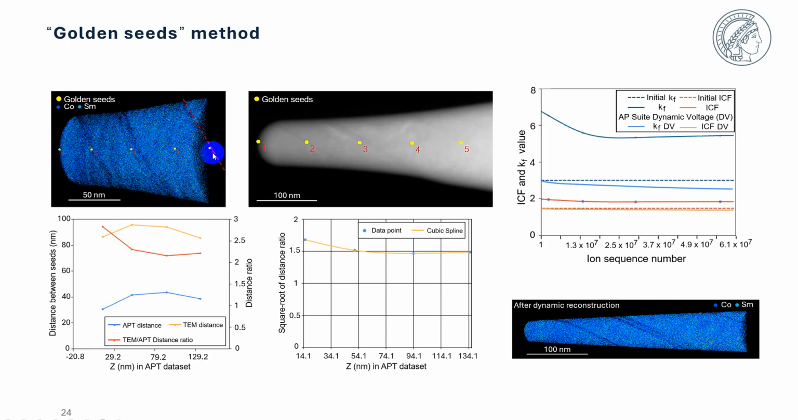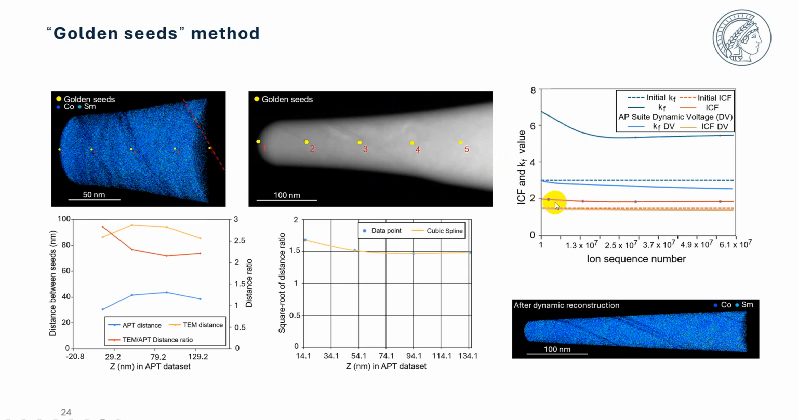So for example, you put 5 points here, which are the locations of a grain boundary or the top of the tip. Then it will automatically calculate the distance between these points. So now you see this is the distance we measure from the TEM, and also this is the distance we measure from the APT result. Now you can see the distance ratio. Then we calculate the square root of the distance ratios, and then obtain a new KF value here, and also a new ICF curve here. So although you see this is a very small change of ICF,